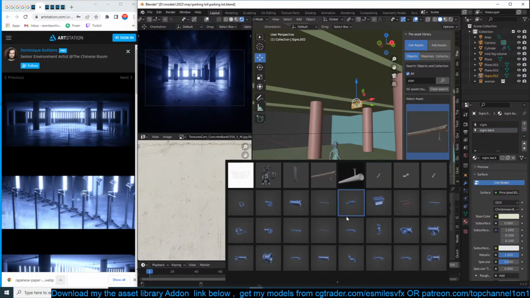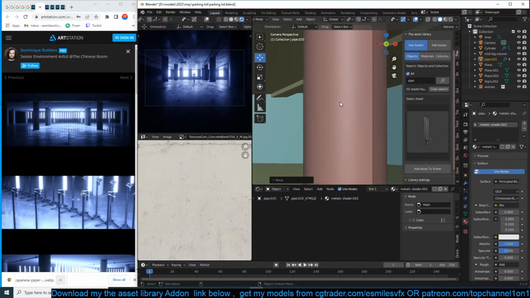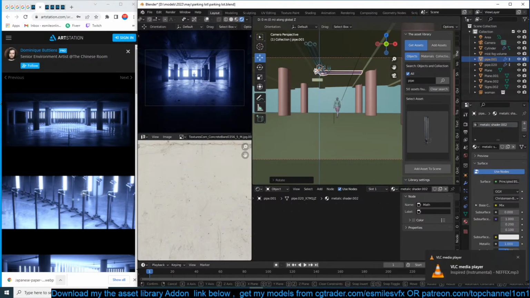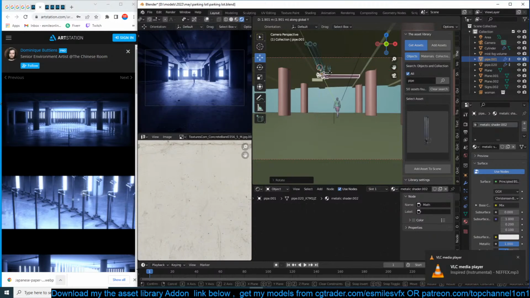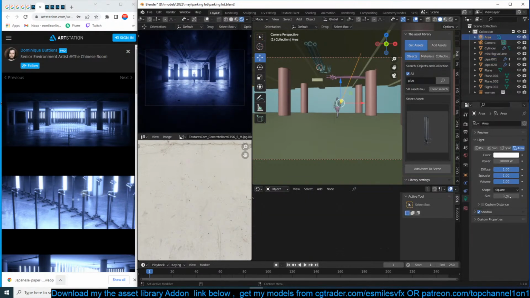Let me use this. Can make sure that this has contact shadows.